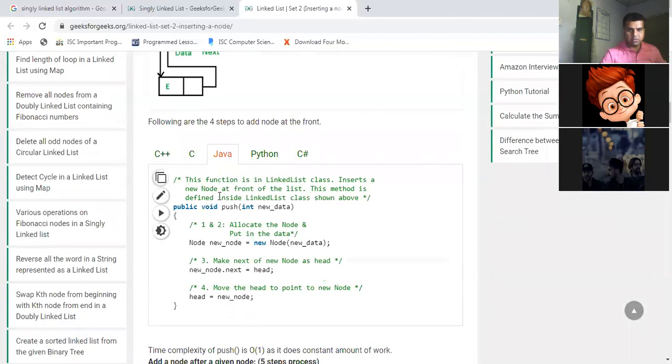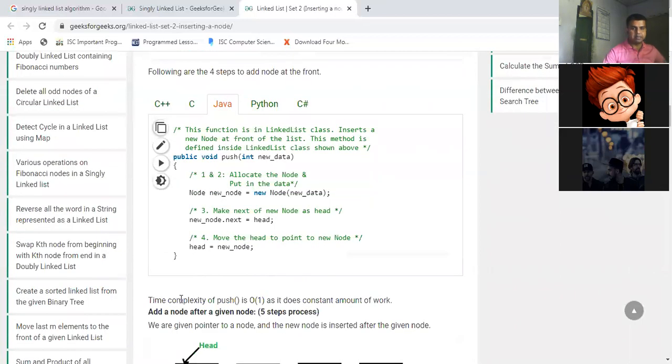So if I show you the actual part of the program, see: Node new node. Node is a class whose object is the new node. It's storing some data. This Node is the constructor, mind you, which is passing a certain parameter, that is new data. That means some data has been stored into the new node.